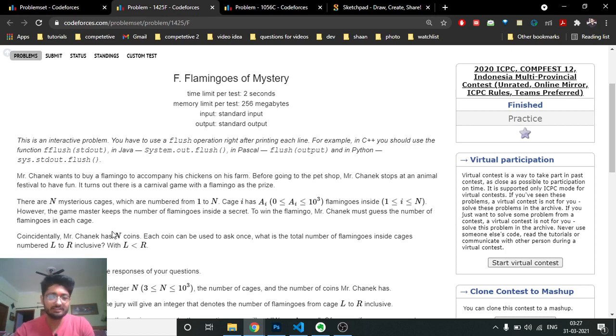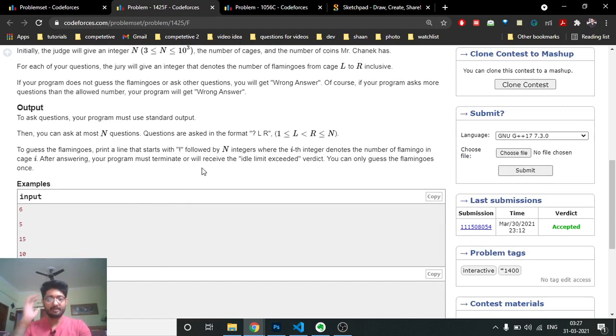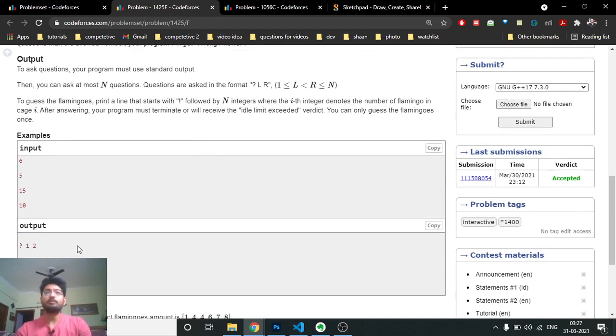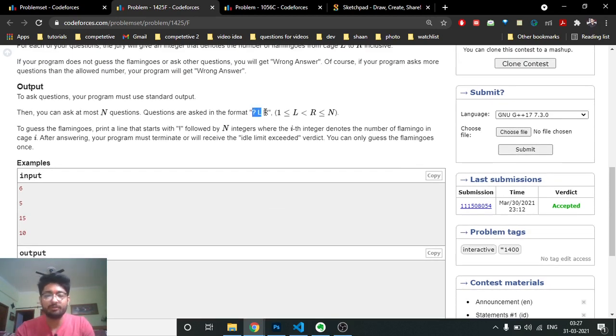No, because as you can see, with L to R you cannot choose L and R to be the same. So in this problem, you can give the judge, or the game master, a segment and he will tell you the sum of that segment. So as you can see, this is how this type of program runs, in which you have to ask the judge in some particular format. It depends on the different problems. We'll discuss each of the problems, but in this problem you can ask the judge in this format, in which you first put a question mark and L to R. L to R is the range for which you want to find out the sum.